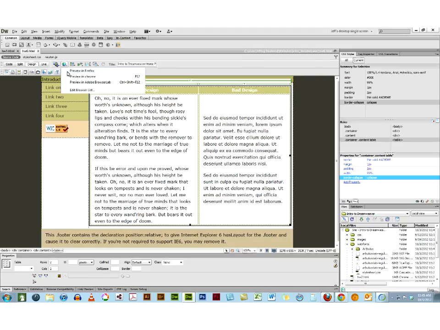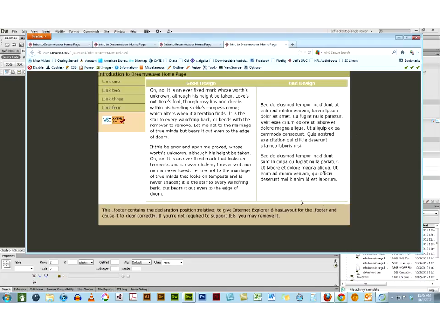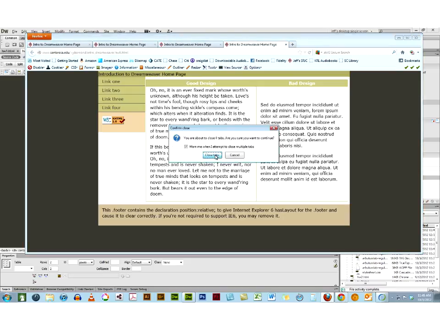Then I save that page, and I preview it, and this time, notice how those double borders collapsed, so we only have a single border around each of the cells within that table. So, going back to my homework,